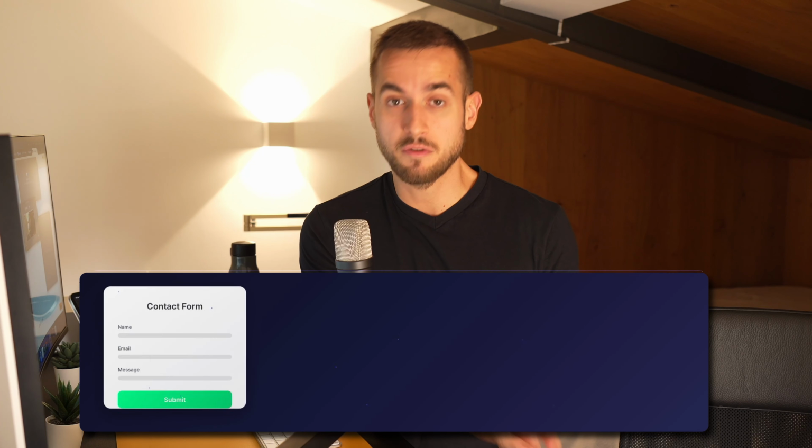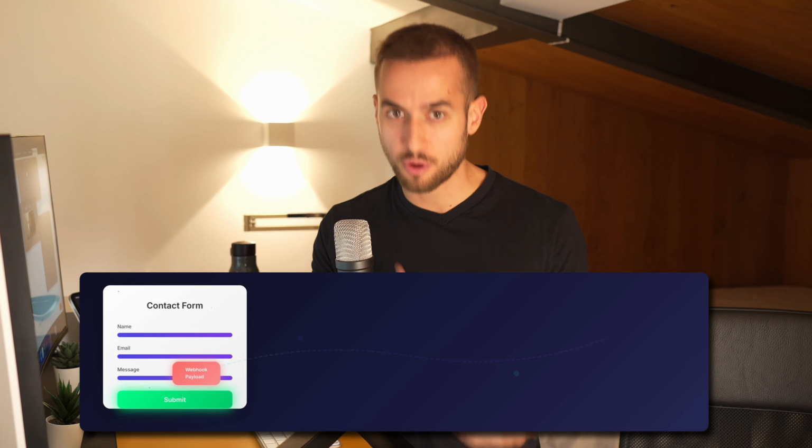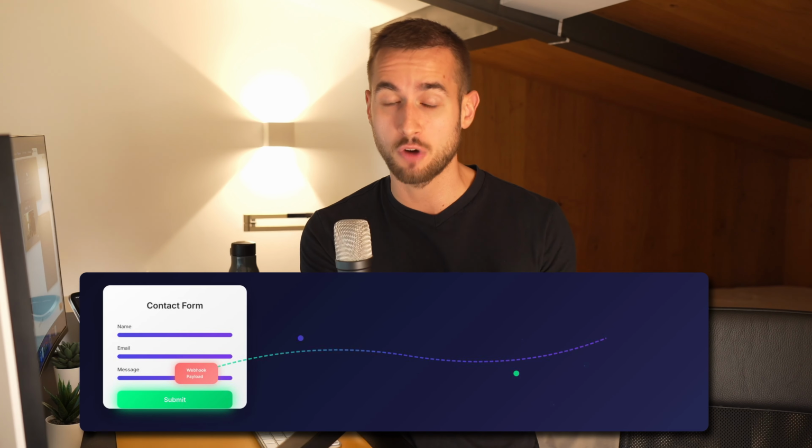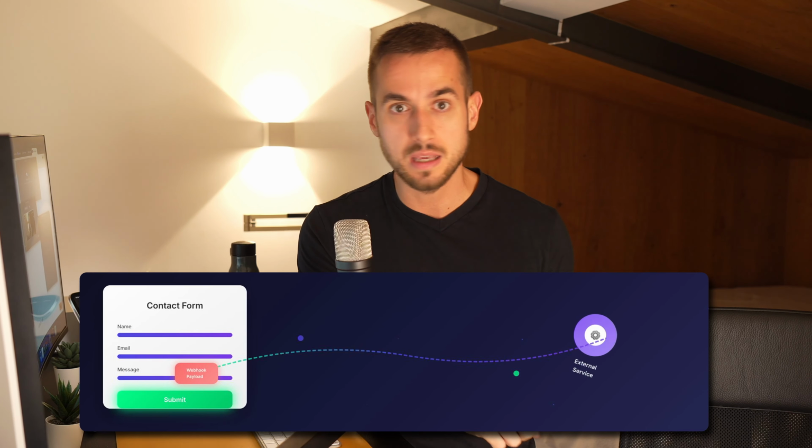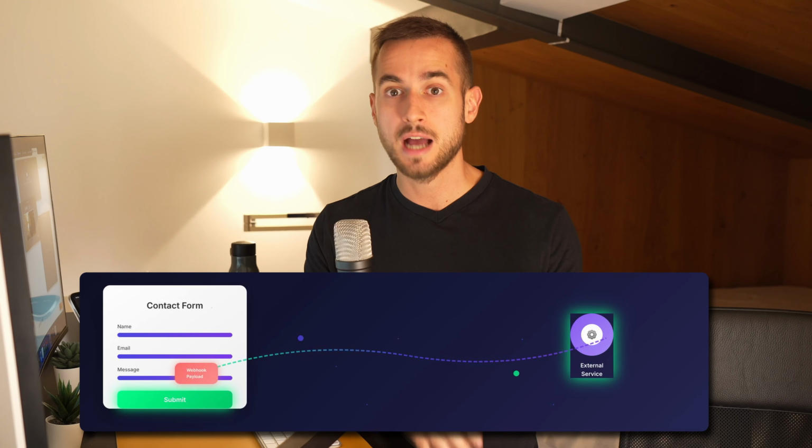Look, a webhook is an automated message sent from an application when a specific event occurs. It's a way for apps to send real-time information to other applications. Think of it as an automatic notification system, if you will. When something happens in one app, for example, when a new Thrive Architect form is submitted, a webhook can instantly send data, for example, the information from your Thrive Architect form, whether that's the email, the name, etc., about that